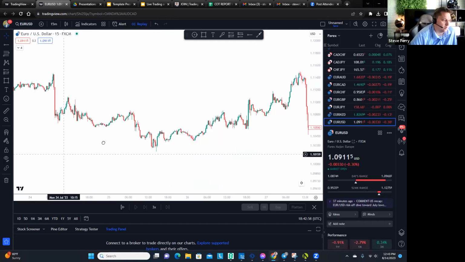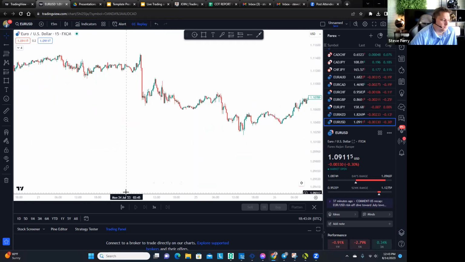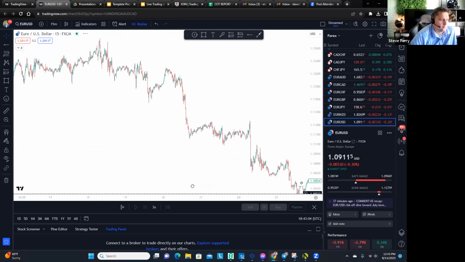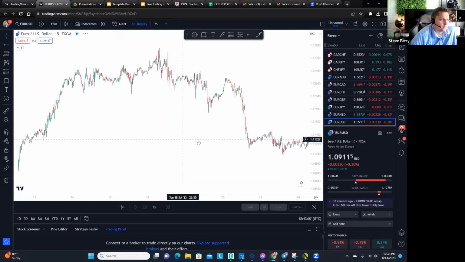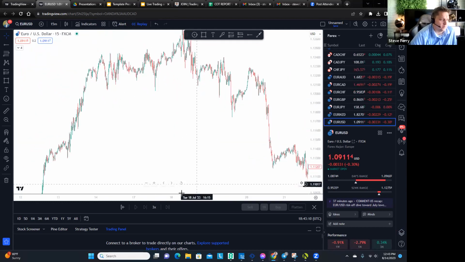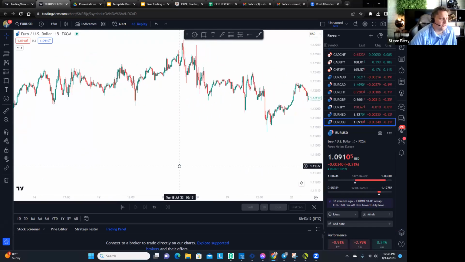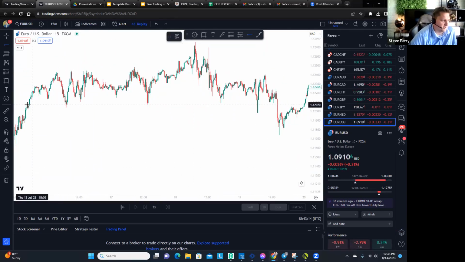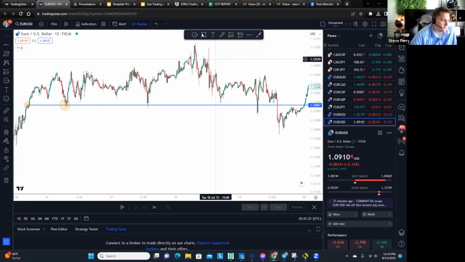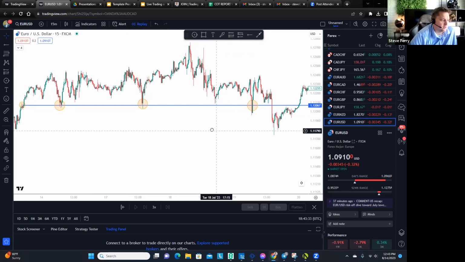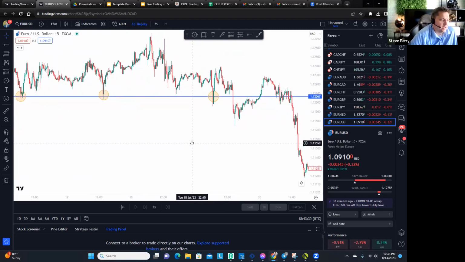Let's go look for one more. Okay, this is really good. This is a good one. This is a very well-defined support level. See this? Very defined. Nice support. Let's draw all the support zones, right? You got support, support, support. I'd call that support too. It's a defined level. And then look what happens right here.